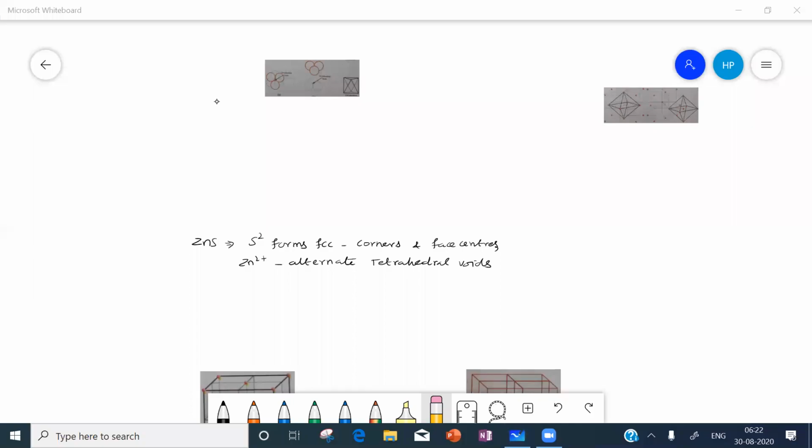Let us continue solid state. In the solid state, we will discuss ZnS crystal structure, zinc sulfide crystal structure. In the zinc sulfide crystal structure,